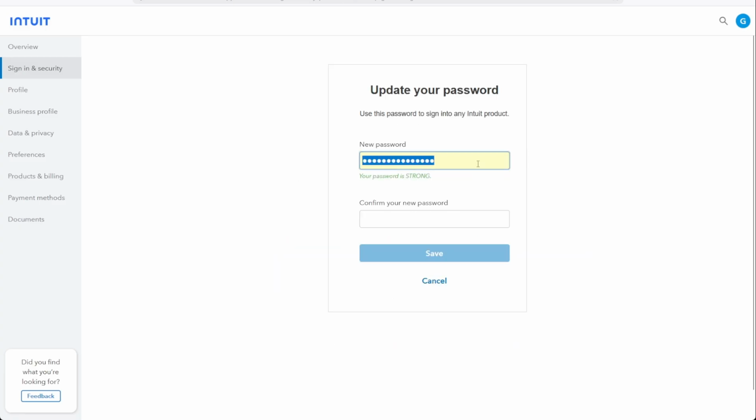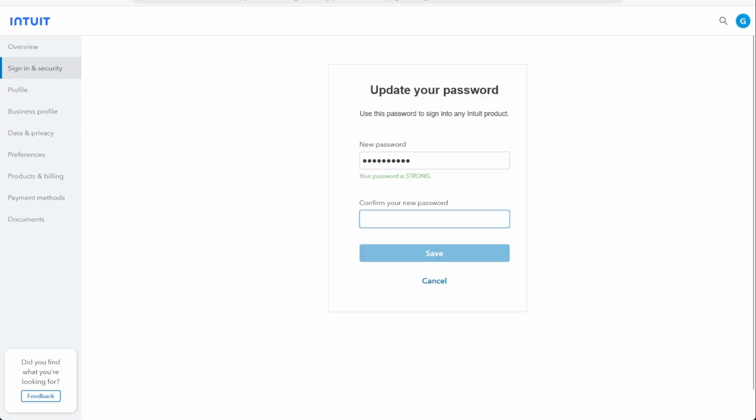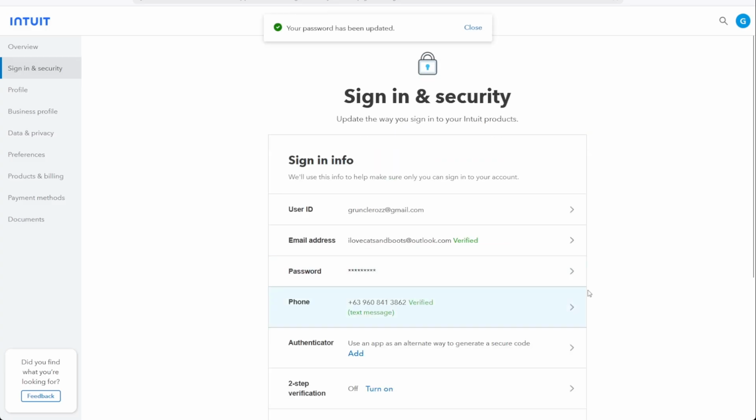Now, once you click on password, in here, you need to add your new password. So from here, we will just add a simple password, and we want to confirm it. And once you have your new password at the bottom, simply click on Save. And once you click on Save, as you can see at the top, it will automatically say that your password